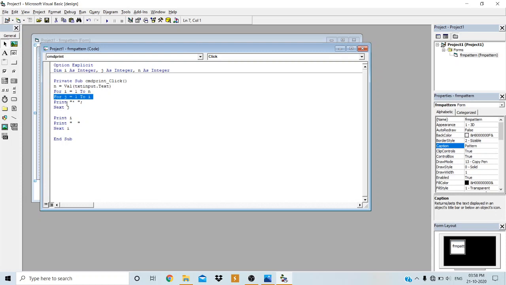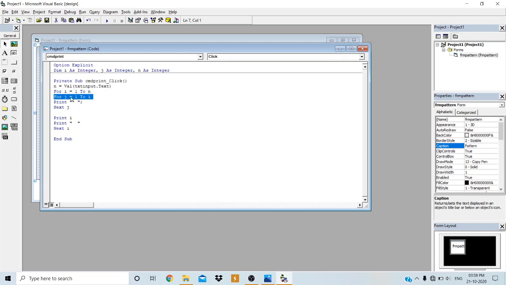So again print the second star in the same line. Okay, because of the semicolon. So again the jth loop has to be repeated. So j is again incremented by 1, because the step increment is 1 by default. Now j becomes 3. Again it will check whether 3 is in between 1 to 3. Yes, 3 is in between 1 to 3. So again print the third star. Okay, then again the jth loop has to be repeated. J will be again incremented by 1, step increment by 1.